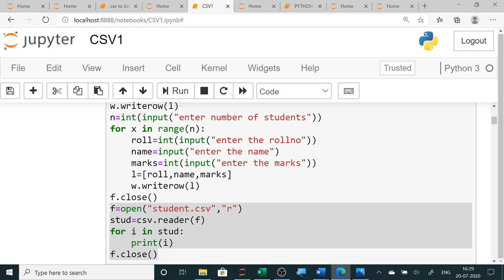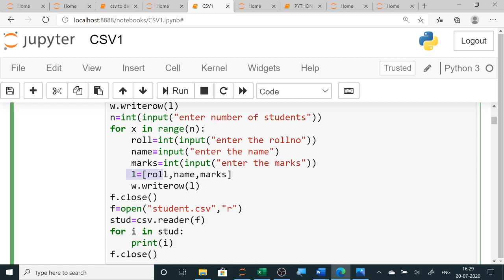So each record at a time you will write in this CSV file. So here w.writerow, you can see I have made one record using a list. I have created one record, and each record at a time I am entering in this student.csv file.